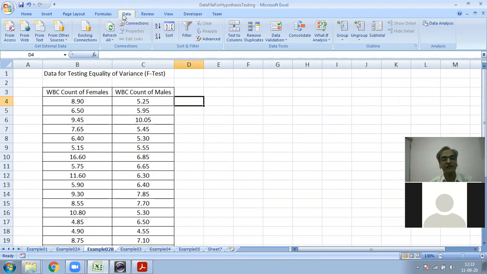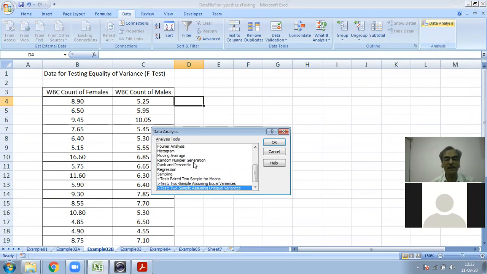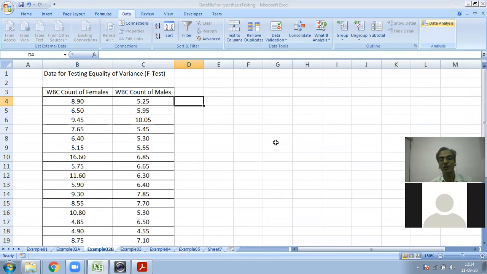So to apply the F test for equality of variances, go to the Data tab, then click on the Data Analysis button. It will open a new window. Just scroll up and you can see here there is F-test two sample for variances. Select it and click on the OK button.